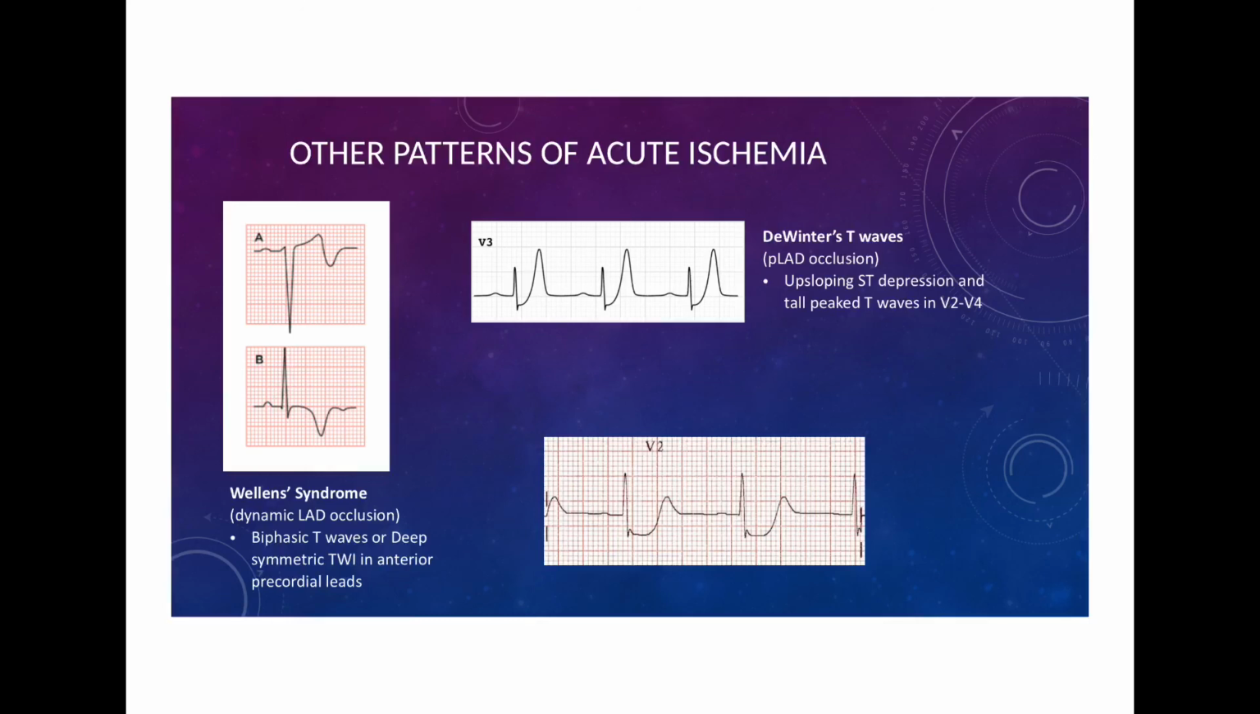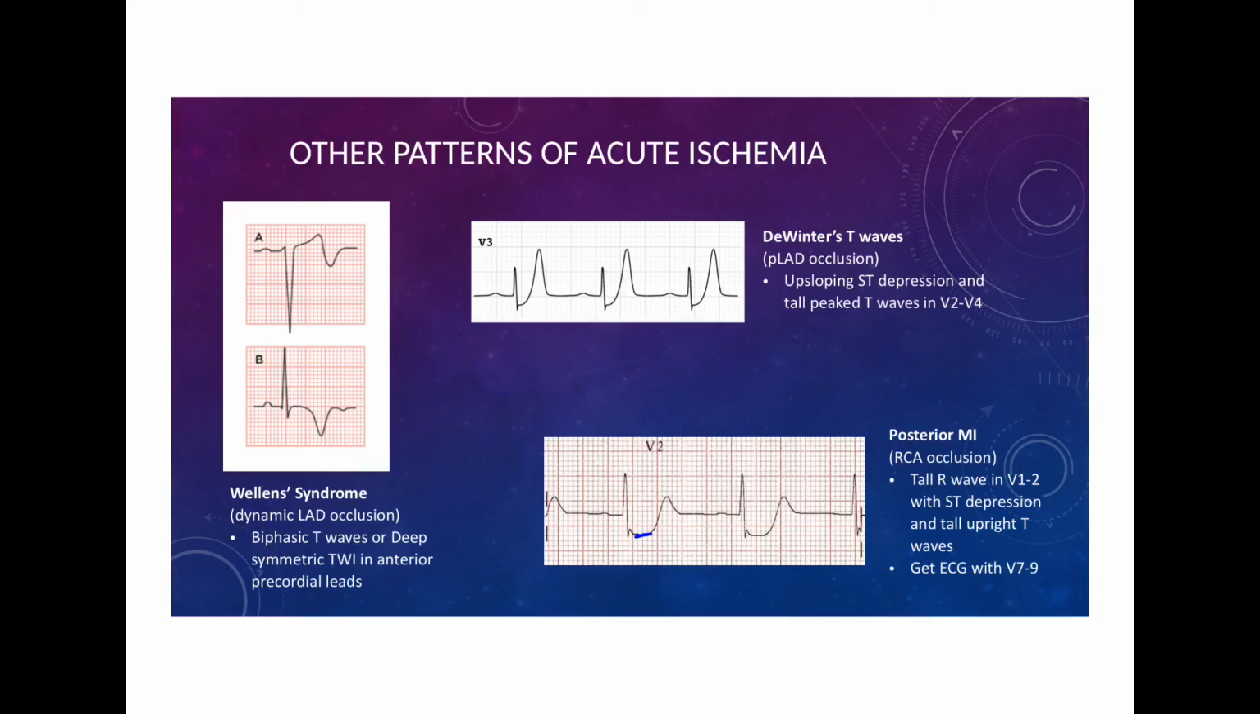De Winter's T waves are also a sign of significant LAD occlusion. You'll see deep ST depressions and really tall T waves in the anterior precordial leads. Finally, if you ever see in leads V1 and V2 tall R waves with a deep ST depression and upright T waves, that's telling you that there's a STEMI going on in the posterior wall of the heart. And you can